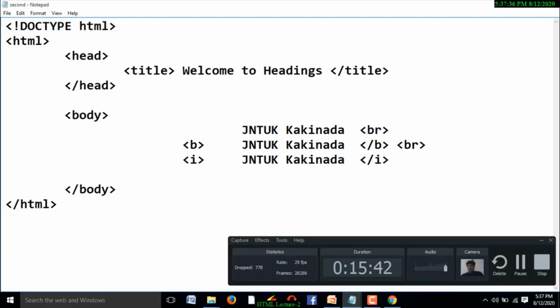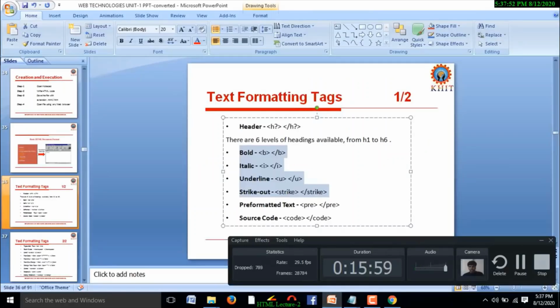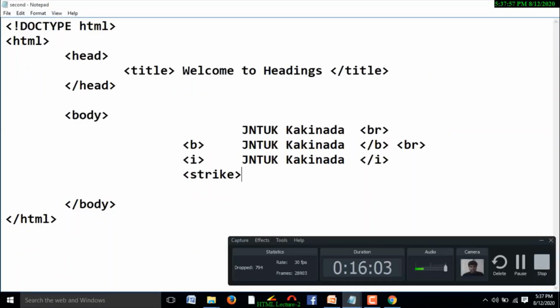And coming to the next tag, that is what? Strike, right. What is the tag name? To get the strikeout, strike, right. Yes. Strike. And the content is the same. What is the content name? JNTUK Kakinada.